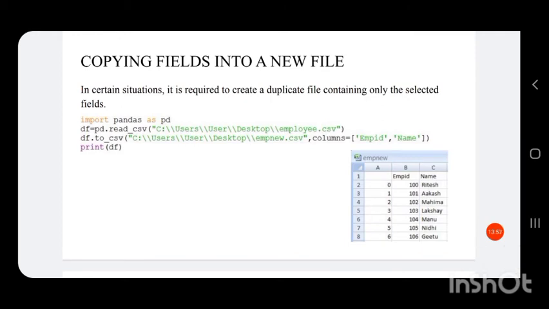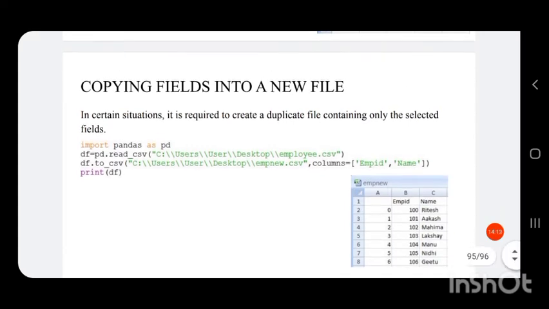In certain situations, it is required to create a duplicate file containing only selected fields, that is, only selected columns need to be displayed. In such cases, we can specify the columns that are to be copied in the CSV file.